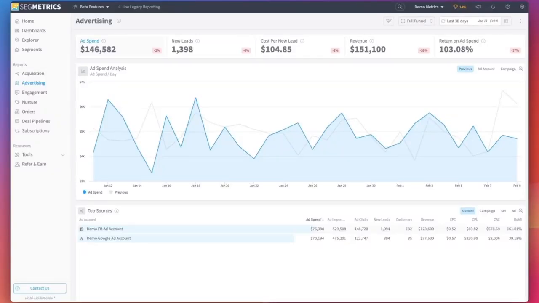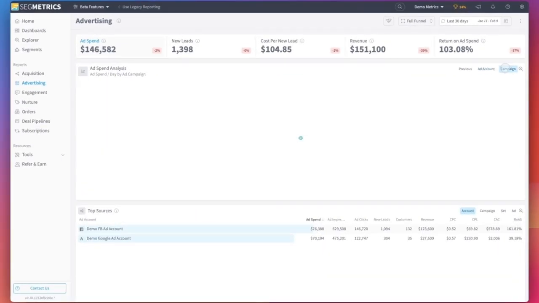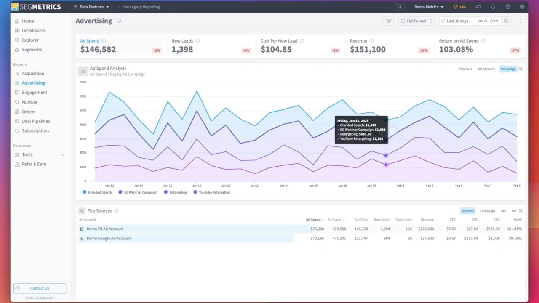Welcome to the Advertising Report, your go-to space for tracking ad performance with key metrics like ad spend, leads, CPA, return on ad spend, and more. The graph below visualizes your ad spend over the report's time frame. You can also view ad spend by individual ad accounts or campaigns to view detailed comparisons of your ad spend